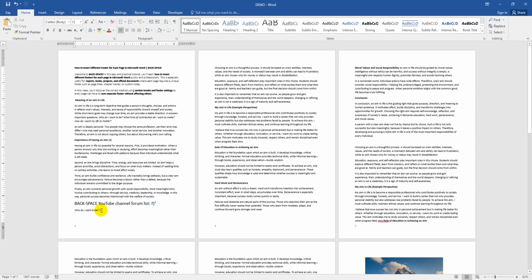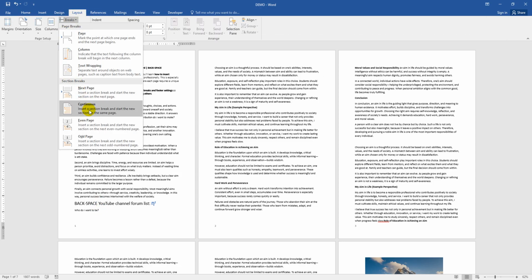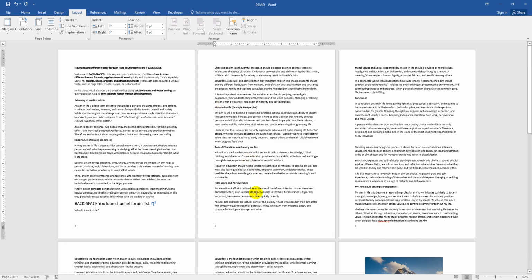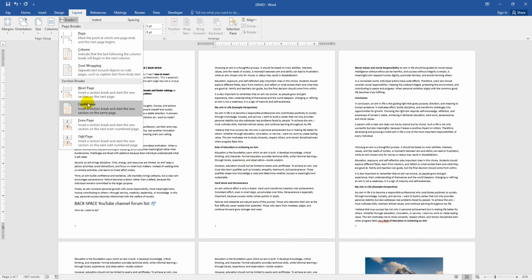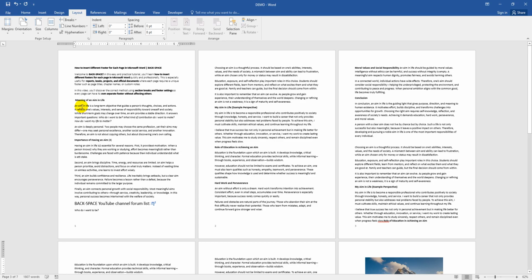At first go to the first page last and go to the layout menu, click the break drop down menu, choose continuous. Now I break all the pages one by one, or separate all the pages one by one. Then go to the